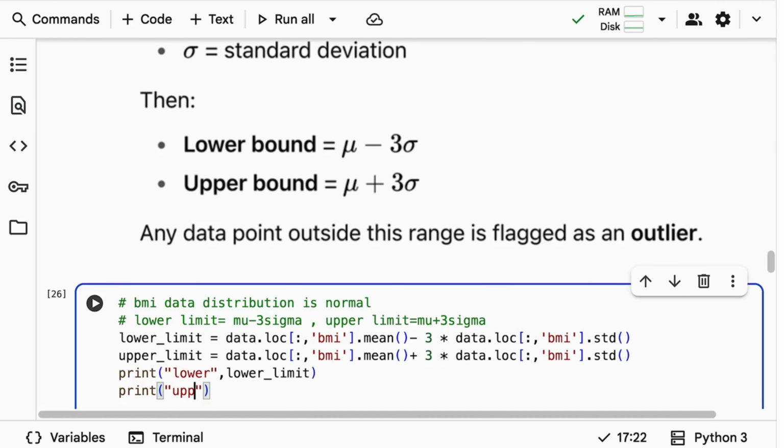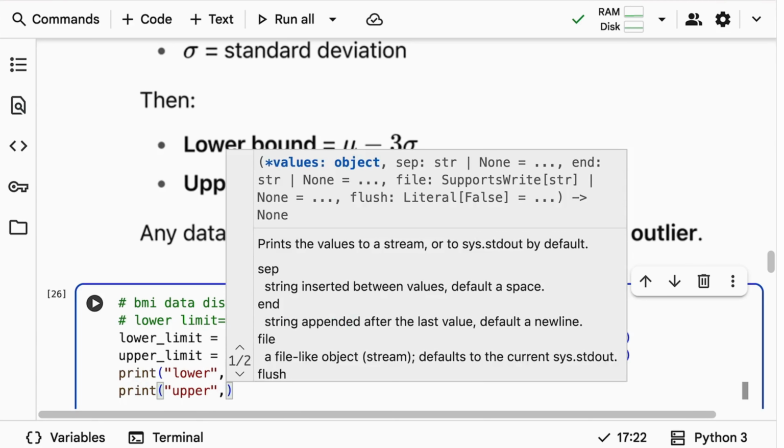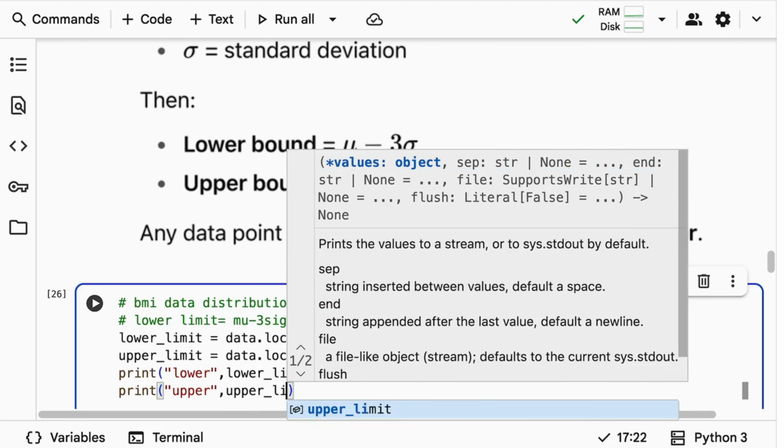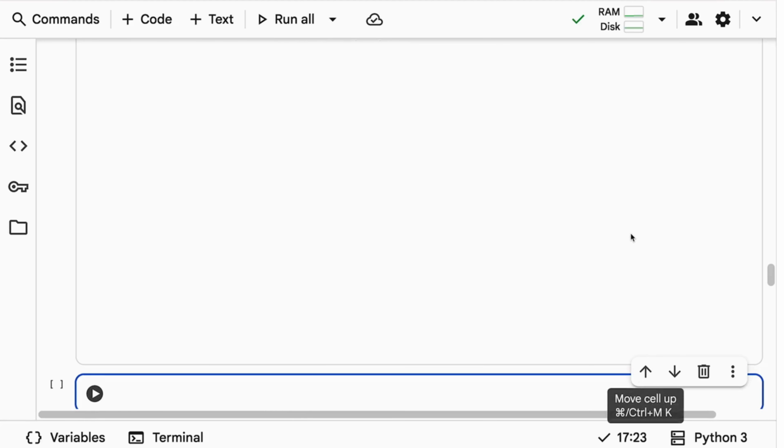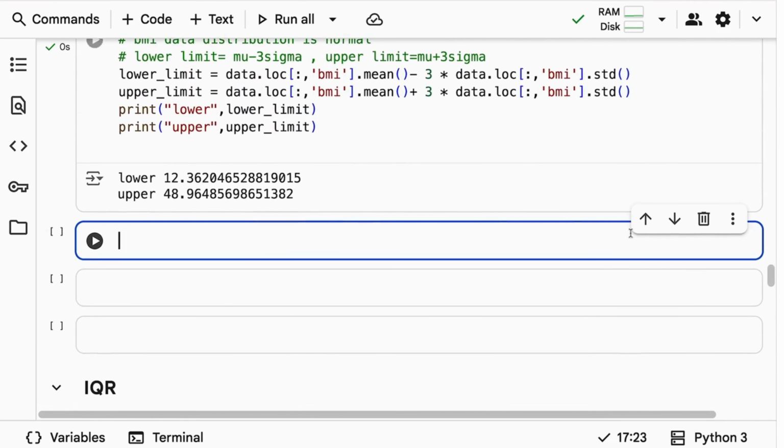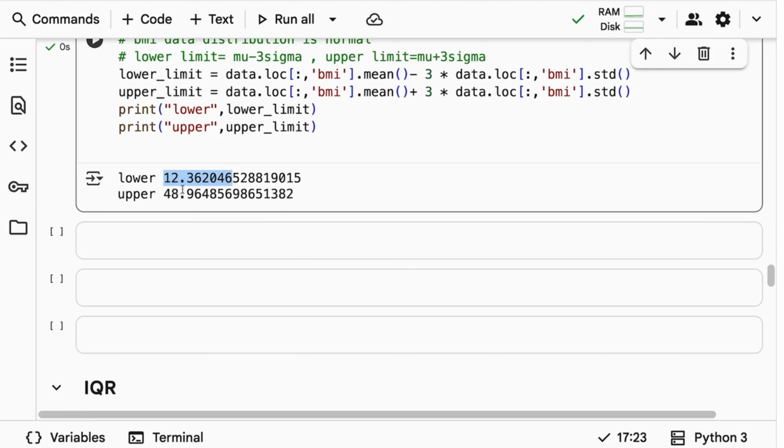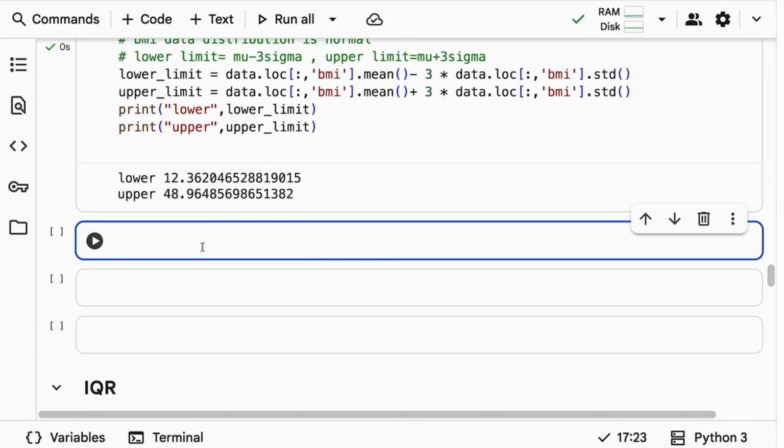Any data which is less than the lower limit, or greater than the upper limit, we usually consider an outlier. Okay, you have understood, right? Outliers are extreme values. They're different from your actual data. If there are outliers in your data, your model will be more interested in them. It will try to understand that outlier more. So it's very important to handle them.